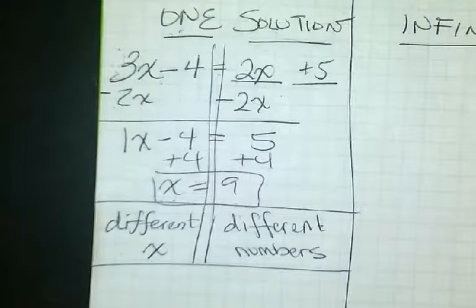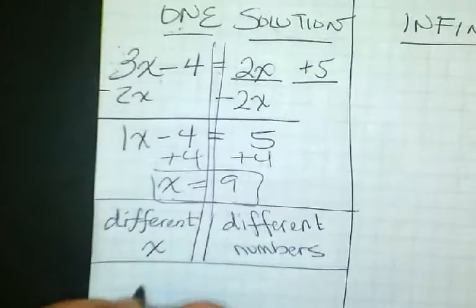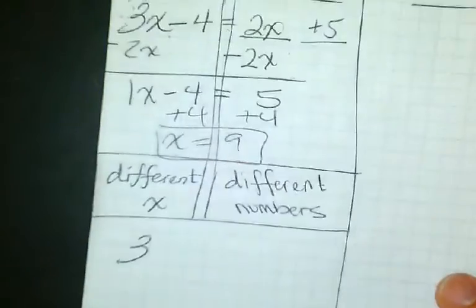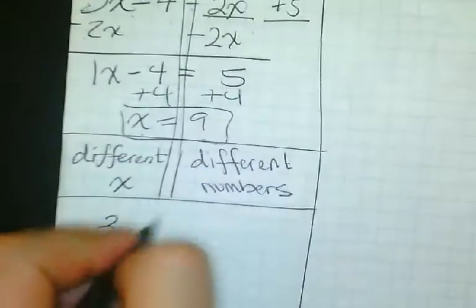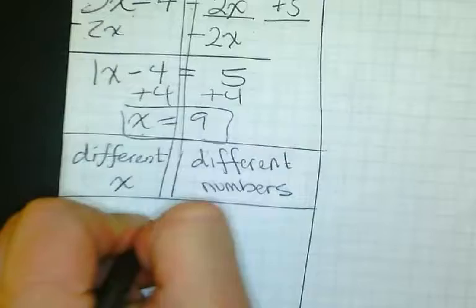So, let's see here. Miss Alyssa, what's a number that you can think of in your head? 3. Good. So let's start our equation with 3. 3, let's say, minus 2x